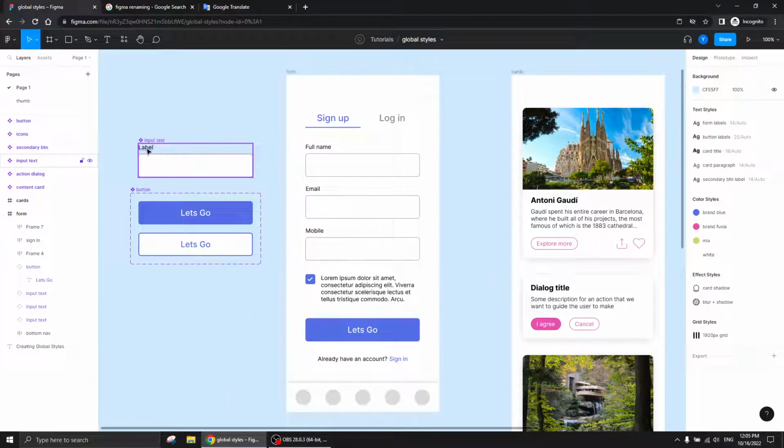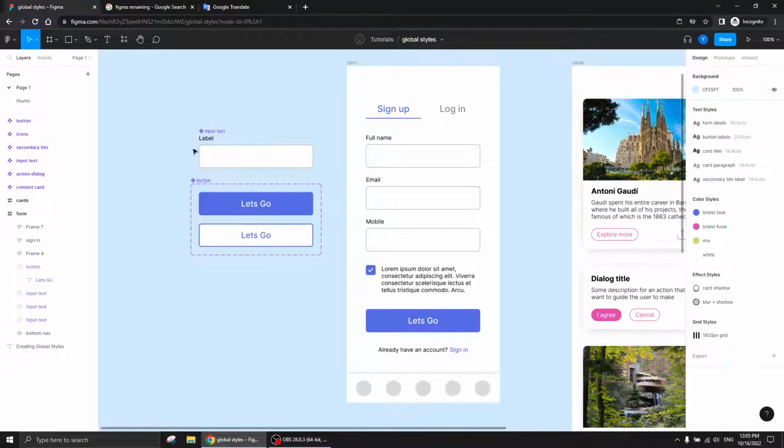Let's say that I want these labels, and here you see them on one component, but of course, if it's a regular design system, you will have a lot of components using this label. So now you see it only on one, but imagine that you have 20 or 30 other components using this label, and then suddenly you want to change them all at once. This is the thing with working with global styles. So instead of going to each component and changing them physically in the component itself,